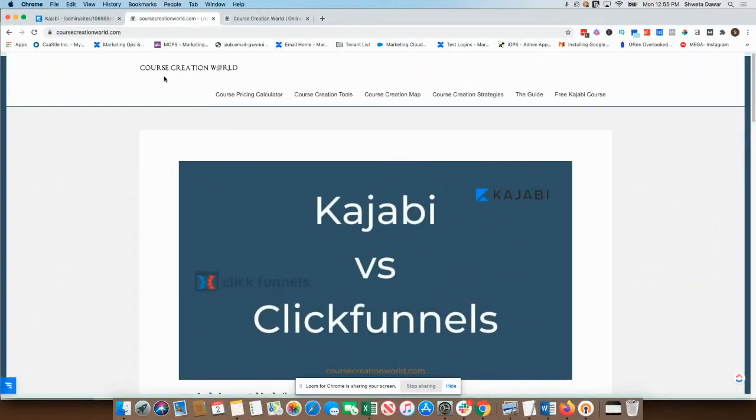There are two ways that you can use the Kajabi platform. You either already have a website on WordPress, Squarespace, Wix, or any other platform, and you want to use Kajabi as an add-on, where you're hosting your courses and memberships, using Kajabi for sales pages, and maybe using Kajabi to send emails. So if you're doing that, this is basically a website on WordPress, and I use Kajabi as an